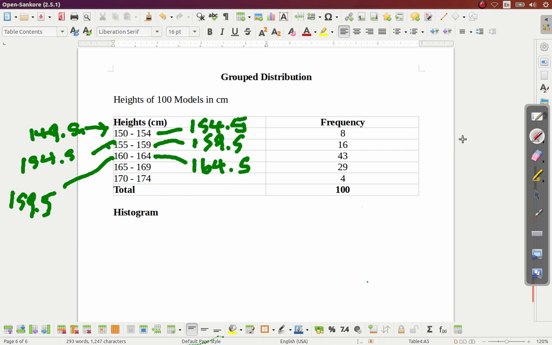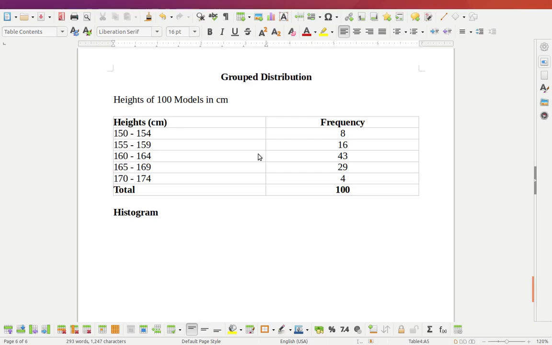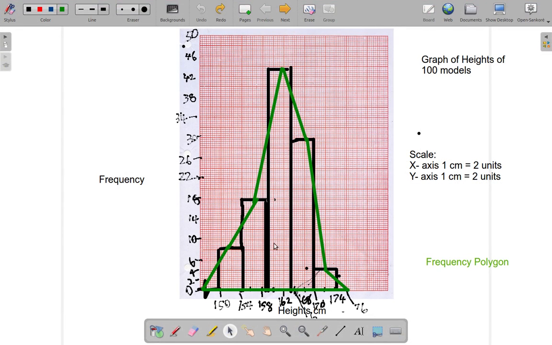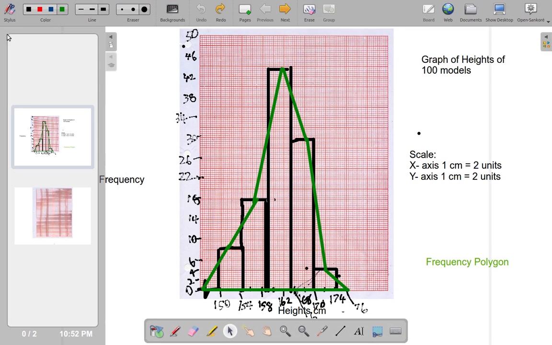Because once it touches 164.5, you round it up to 165. So, here, the first class is really from 149.5. Now, before we do that, let's look at